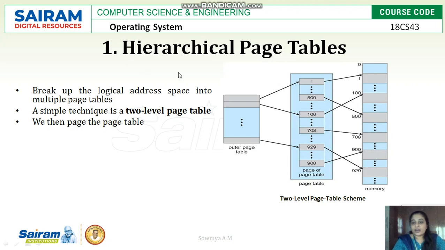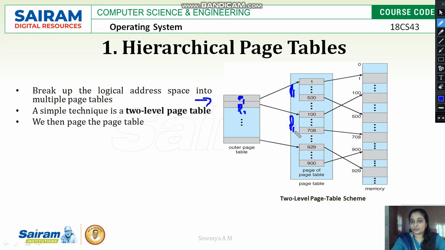If you have a page table, the page table is divided into blocks, and each block will be used with the outer page table. So at first the CPU will look into the outer page table. Let's consider page table 1 and page table 2, and here you have page table 1's address and page table 2's address, which can be mapped. If your logical address belongs to page table 2, the operating system will locate page table 2. From page table 2 you can go to the frame number, and with the frame number you can directly access your page. It is like creating a page table for the page table.